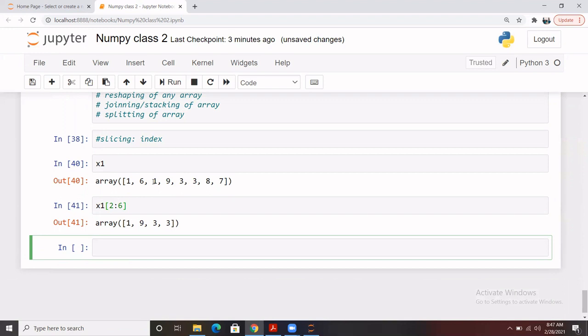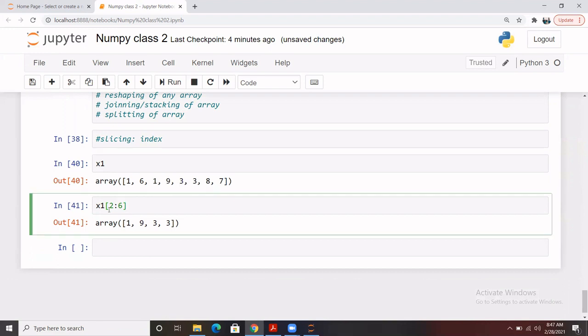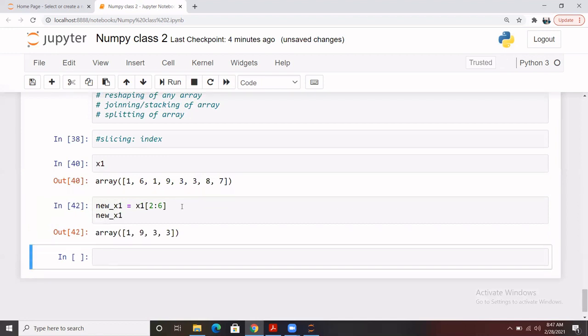It will basically extract this part from this x1 array. And in case you want to store it somewhere, obviously you can do that. Let's say I'm giving it a new name, new_x1. So let me call new_x1, and here it is. So you have extracted an array and stored it somewhere, or basically you sliced that array. This is how we can do it for one dimensional.